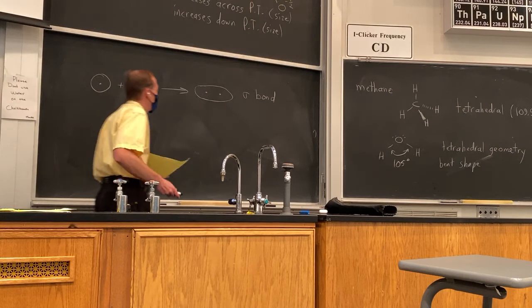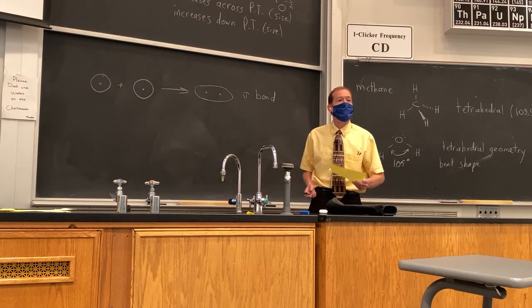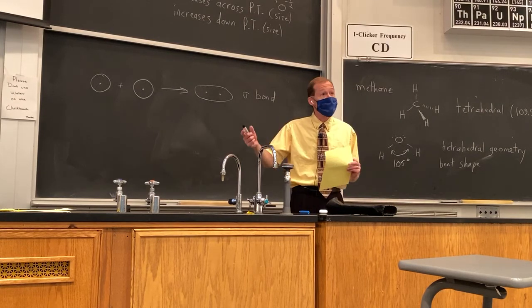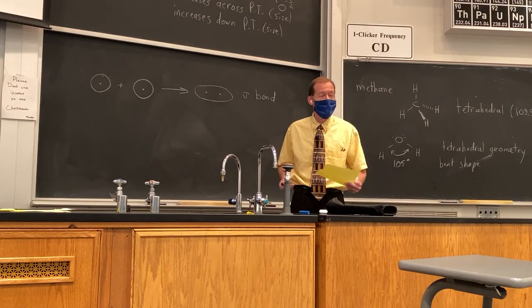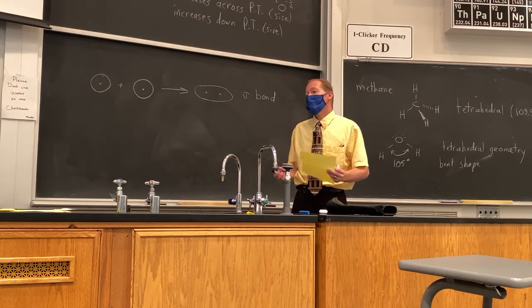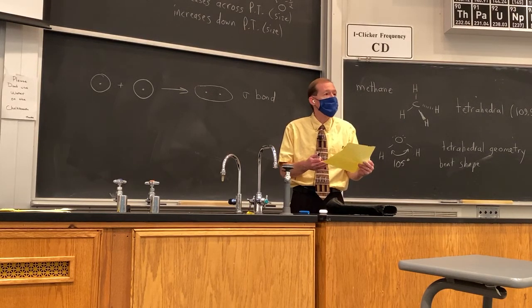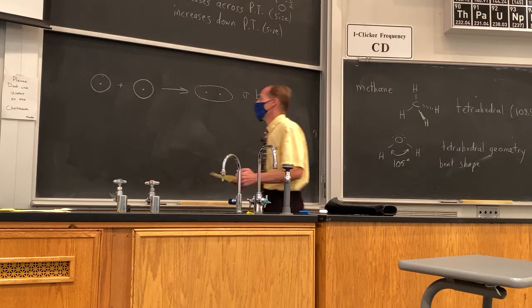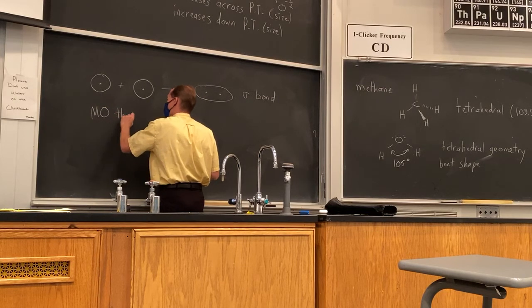All right, so let's introduce briefly molecular orbital theory. And the book doesn't introduce MO theory until later on in the second half of the book. You've probably learned something about it in 111 and 112. We're just briefly going to go into it now in order to be able to compare and contrast it to valence bond theory. Okay? So for our brief introduction to molecular orbital theory,